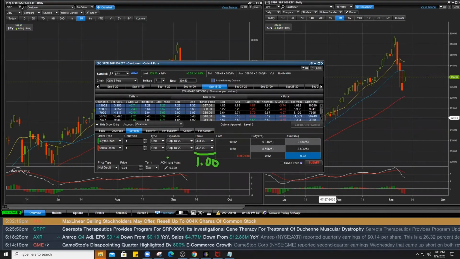Okay, so if we're paying 72 cents for it to be worth $1, that's a 28 cent gain, or $28 gain per contract. Divide that by 0.72, that's a 39% return. And guess what the beauty of this is? Number one,